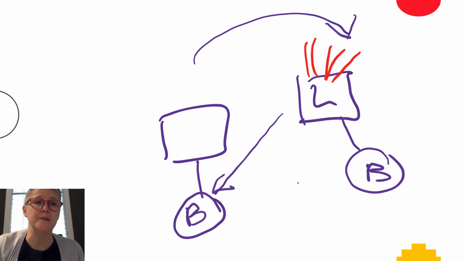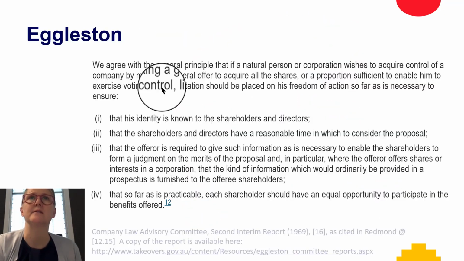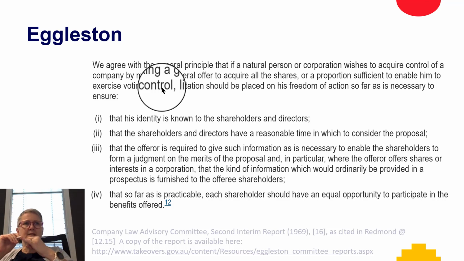Well, that's what the Eggleston Principle suggests. Sorry, so let me just go backwards. So we're looking at two things. The information that's necessary to enable them to make a judgment as to whether they're better off holding on to the shares that they have or selling them to someone else. And then if the consideration for the price is shares in a new company, then they need to understand what those shares are worth, what the prospects are likely to be, not dissimilar to investing in that company from the very beginning.